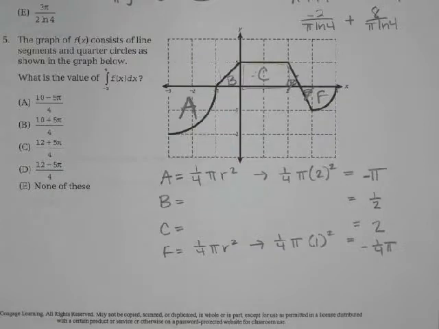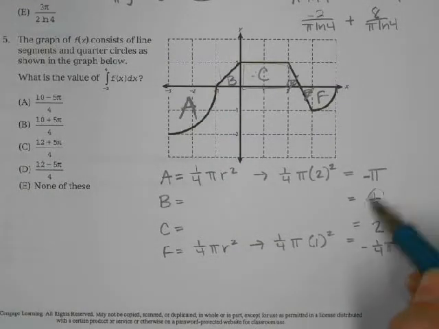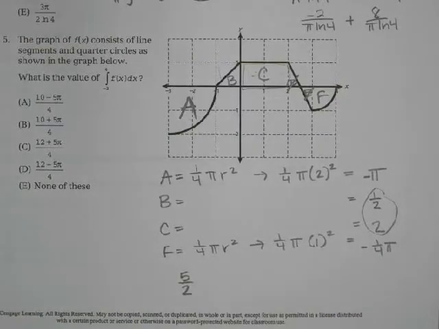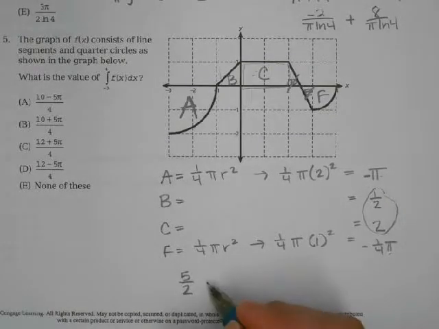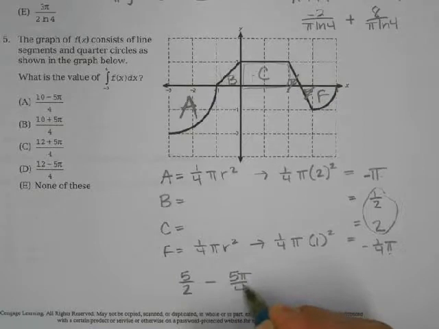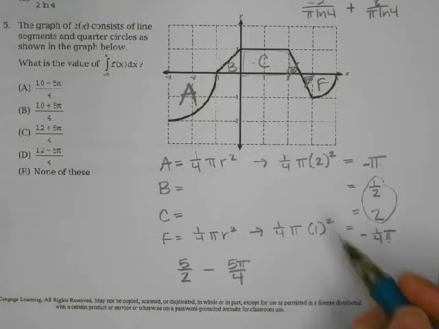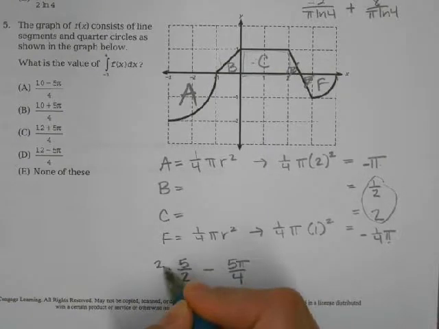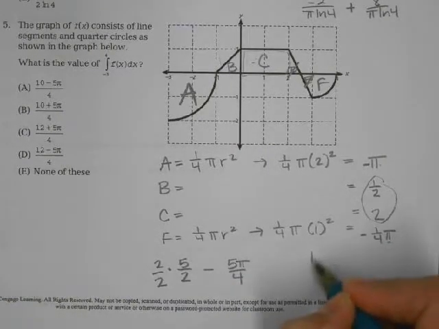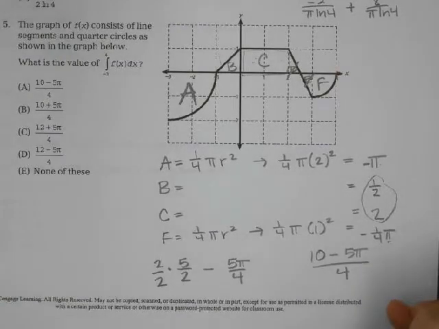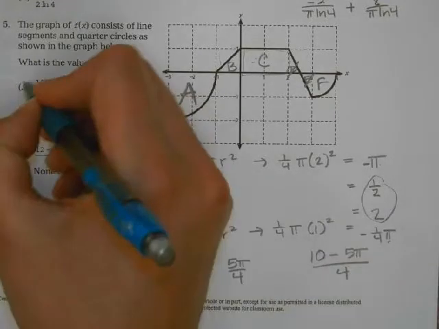Alright, so here's what I noticed. I've got 2.5, which is 5/2. And then I've got -1 and -1/4, which is -5 pi/4. And if I wanted to combine these together, then I need a common denominator, so I multiplied that by 2/2. So that gave me 10 minus 5 pi all divided by 4, which is